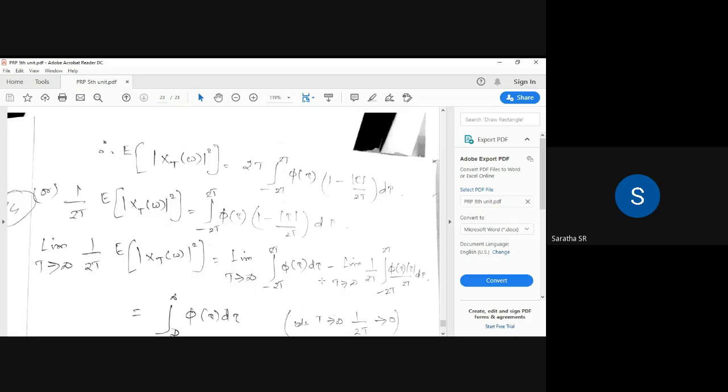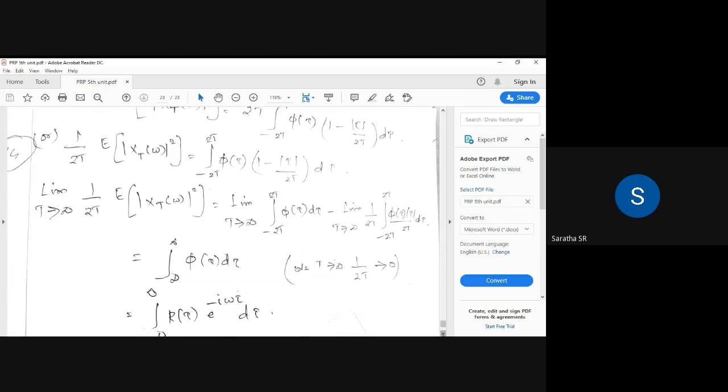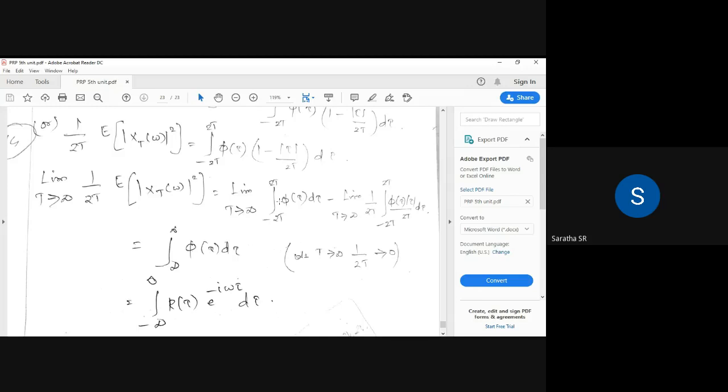If you are replacing, you keep the limit T tends to infinity on the left side itself. Only on the right-hand side do you have to replace. If you replace, this is independent of T. So you have this term, and you separate it into two terms. If you apply the limit, it becomes 0, so the whole term becomes 0. So we get only this answer.